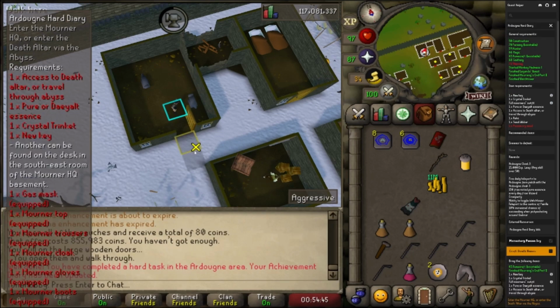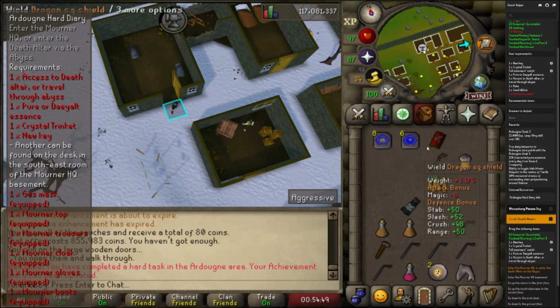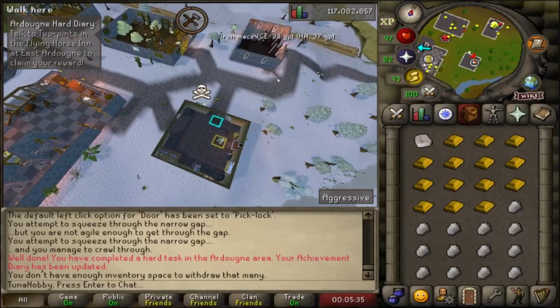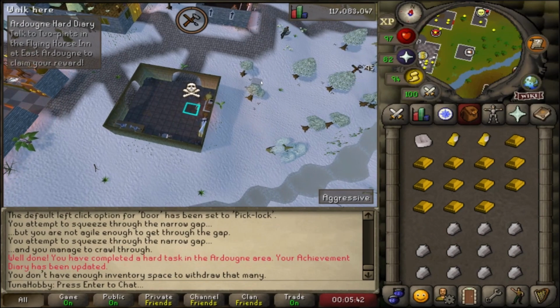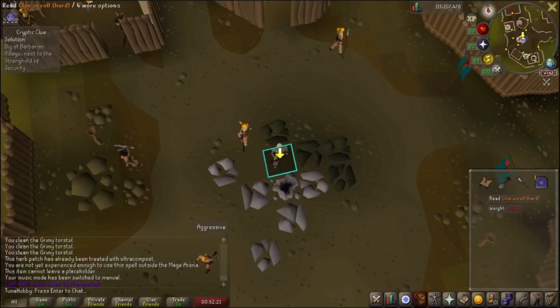I end up learning a few different things, like some of the teleport methods, what's the best way to get this and that, and making use of the spicy stews for boosting my stats. Yeah, just playing RuneScape and doing things outside of my comfort zone really gets me to